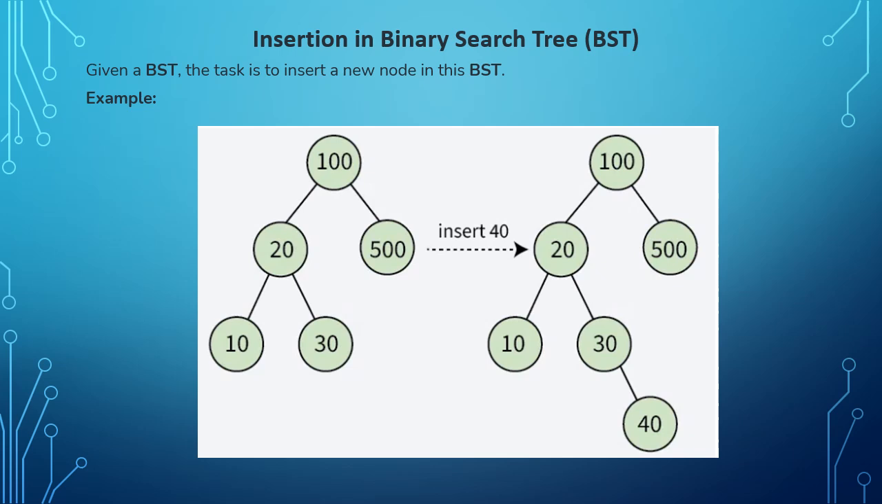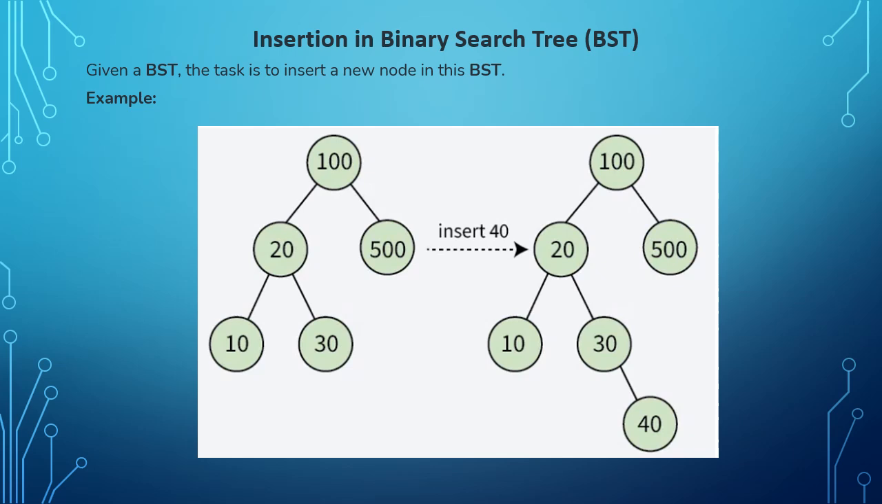So first, the first condition is that the element which is less than the root node should come to the left side of the root node, and the elements which are greater than the root node should come to the right side of the root node. This is the first condition, and the second condition is that at each and every node this first